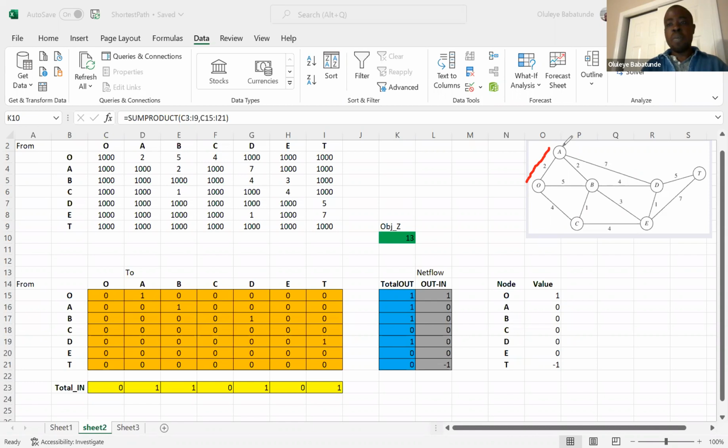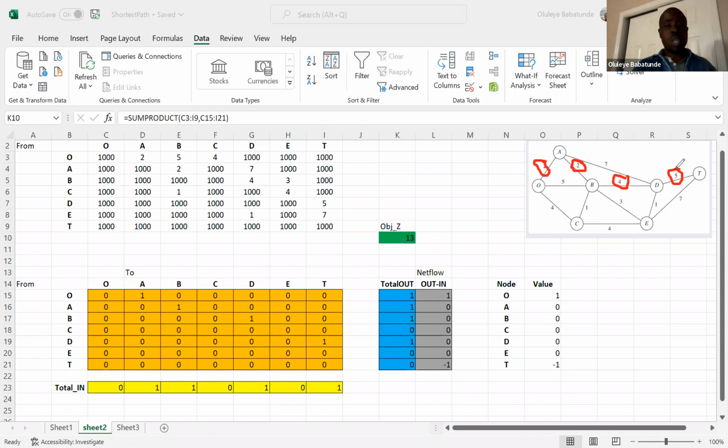Then you move from A to B, B to D, and D to T. And if you add those numbers right there, that's 2 plus 2, 4, plus 4, 8, plus 5, 13. That is the shortest